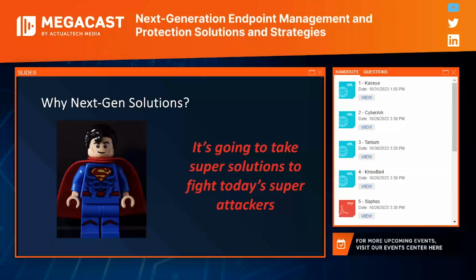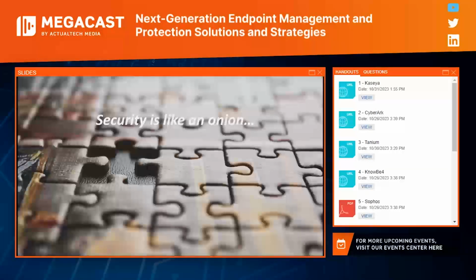And then, of course, combine that with user education and awareness training, simulated phishing attacks, and reduced alert fatigue so that we just get the alerts that we need. And most of those alerts are dealt with proactively. That's what I'm envisioning from the ecosystem of next generation solutions that you're going to be learning about on the MegaCast today. After all, security is like an onion.